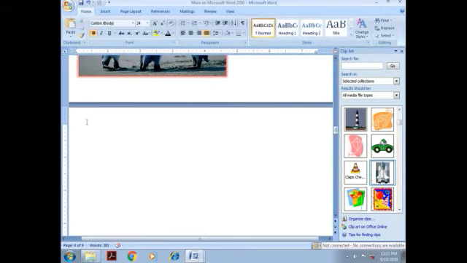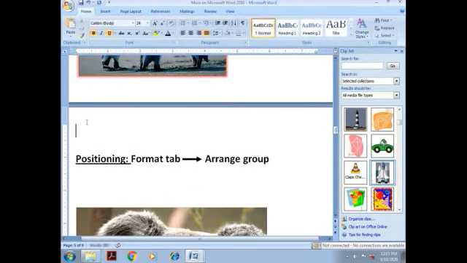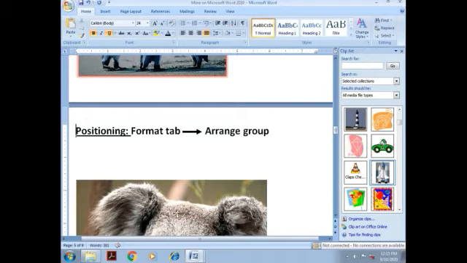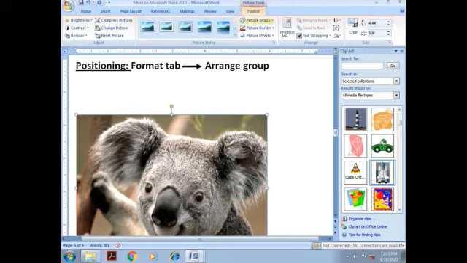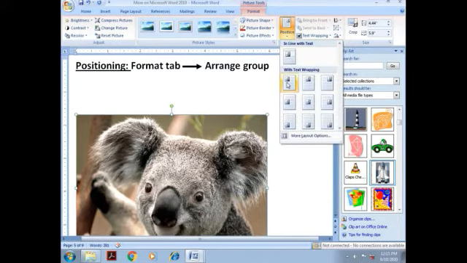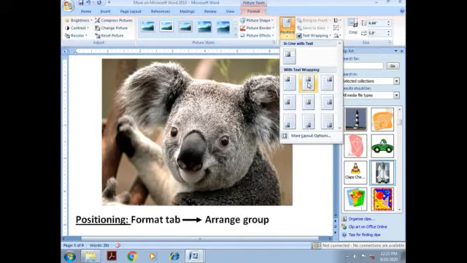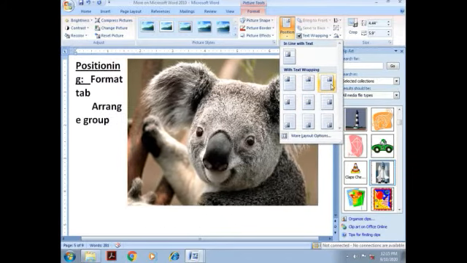We can position our picture as per the requirement. We can arrange the picture in top left, top center, top right, middle left, middle center and middle right, bottom left, bottom center and bottom right.